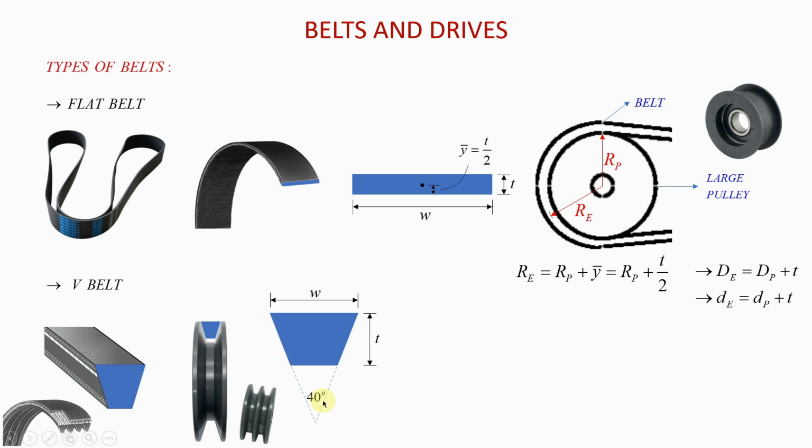So do not mix the two, they are not the same. Although in some cases you may have to assume that the V groove angle is also 40 degrees because the belt included angle is 40 degrees. In some cases you may have to assume that, but do not think that they are always the same. You could get a question where the included